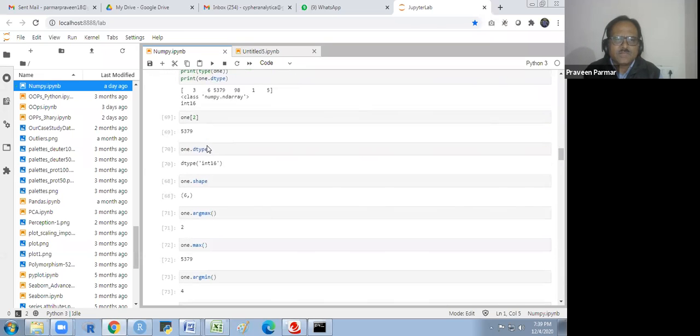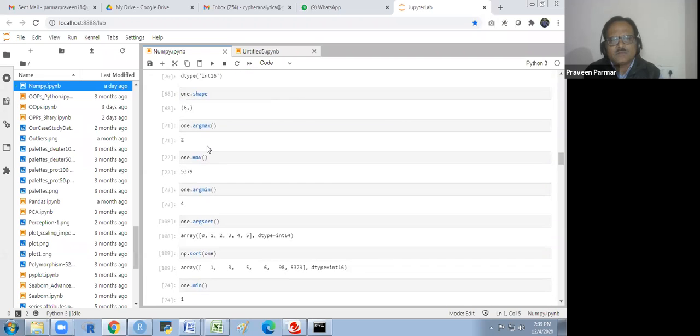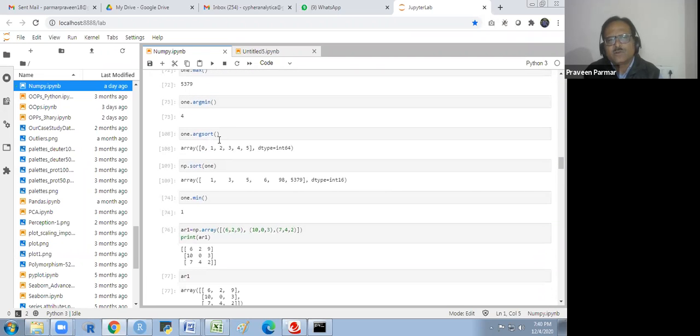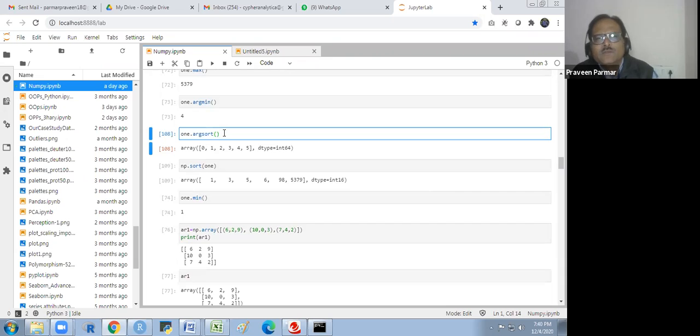And one more thing, somebody asked me about the argsort we saw yesterday. When we do this argsort, we get the positional sorting, the arrangement of the elements in a positional way.